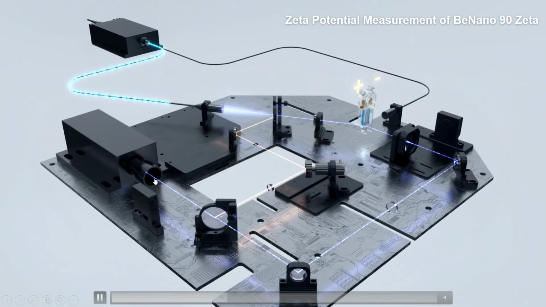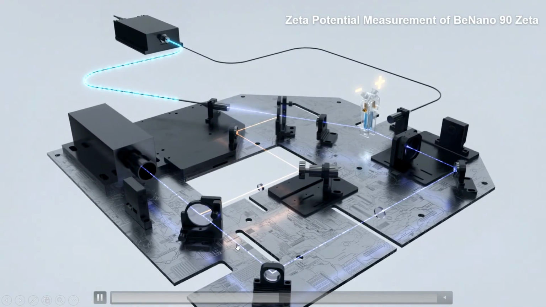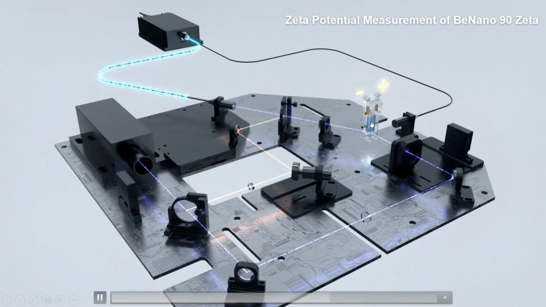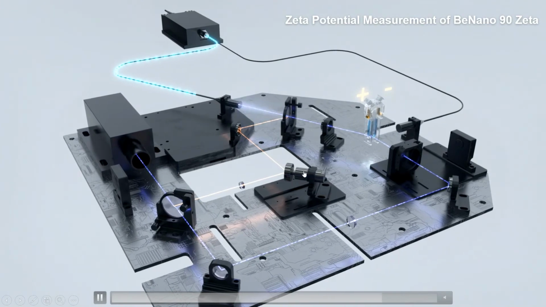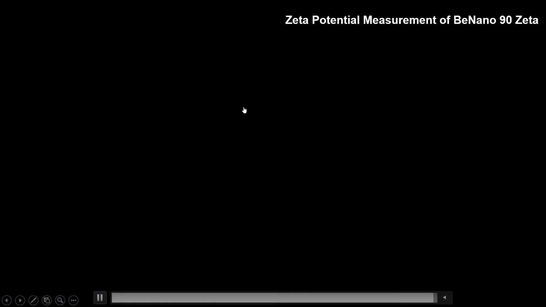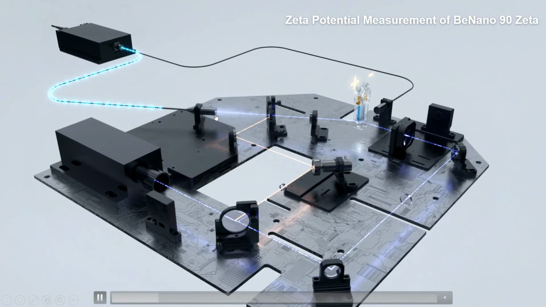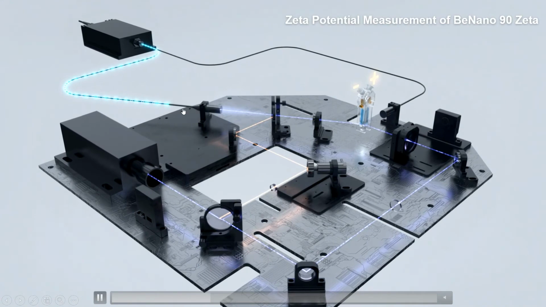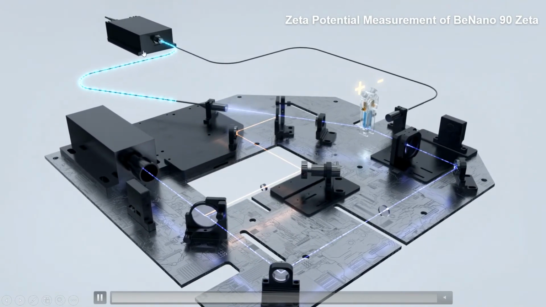In a measurement, the beam splitter splits the laser beam into the main beam and the reference beam. The main beam is then reflected by two mirrors, illuminates the sample cell, and is scattered by samples, while the reference beam passes through the PZT and the reflecting mirror and combines with the scattered light coming out of the sample cell at the detection angle as one beam. The APD connected with the optical fibers collects the scattering intensity of the combined beam at 12 degrees, which is further analyzed by the software to obtain the zeta potential.